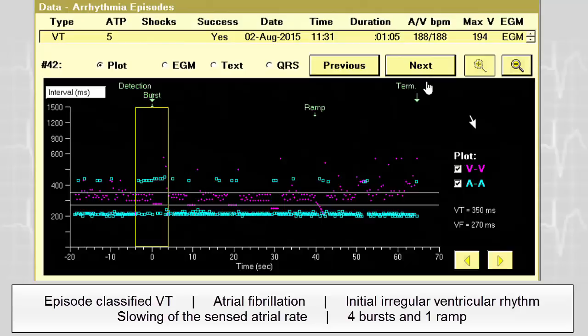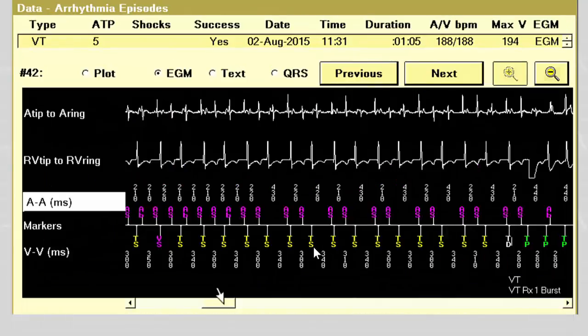atrial fibrillation, but now just before the delivery of the first burst, you can see some slower atrial signals, and these may correspond to atrial undersensing of the atrial fibrillation. Now, if you look carefully at the EGM, you can see that initially there is an appropriate diagnosis of atrial fibrillation, but just before the delivery of the first therapy, you can see now there is clearly undersensing of the